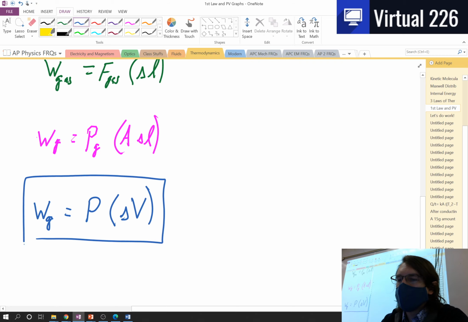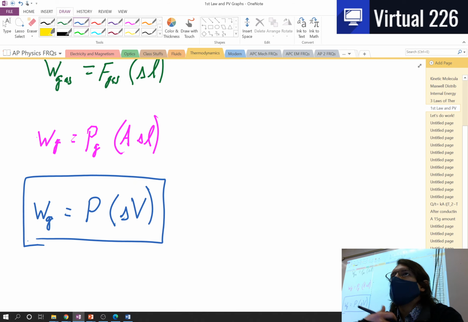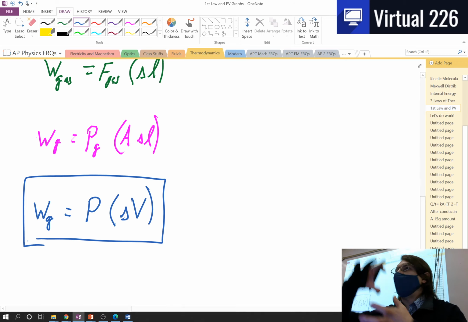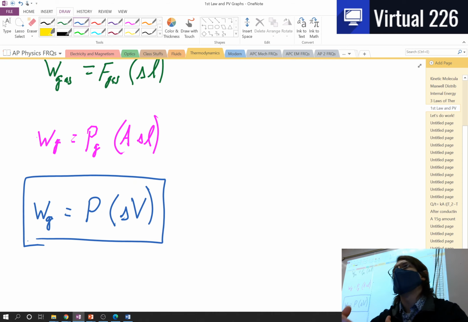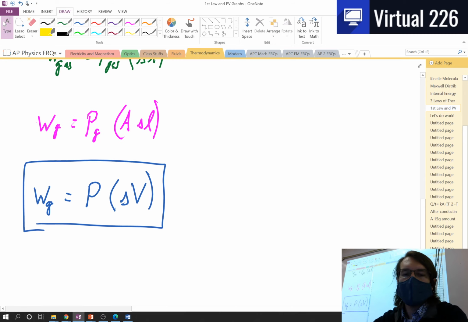This is a brilliant idea, because we already know that PV equals nRT. Now we know that P delta V equals nR delta T. Basically, if the gas is changing its volume, it is either doing work, if it's expanding, or if it's collapsing or contracting, something has to cause that, then it would be having work done on it. Okay? Generally speaking,